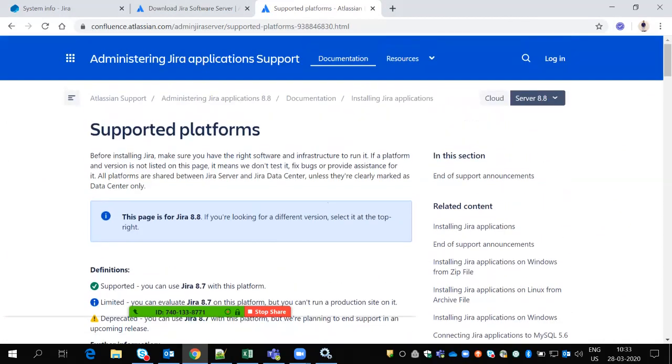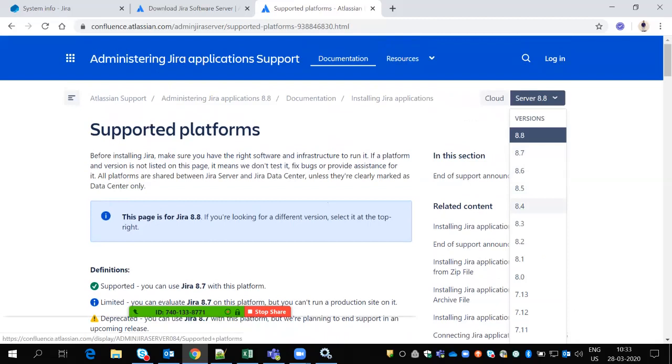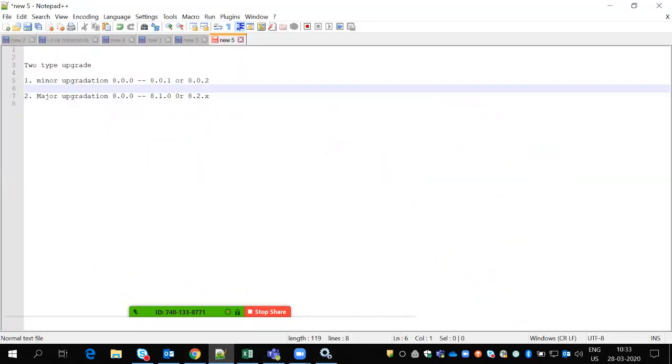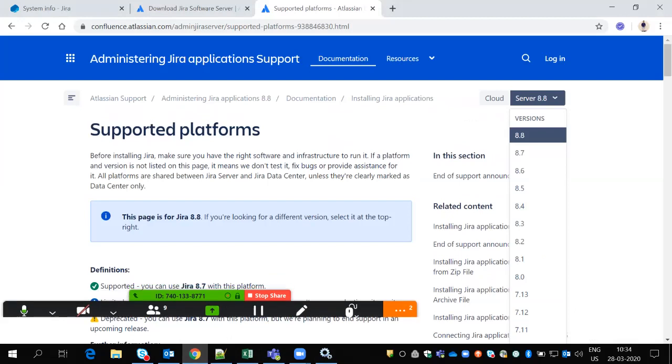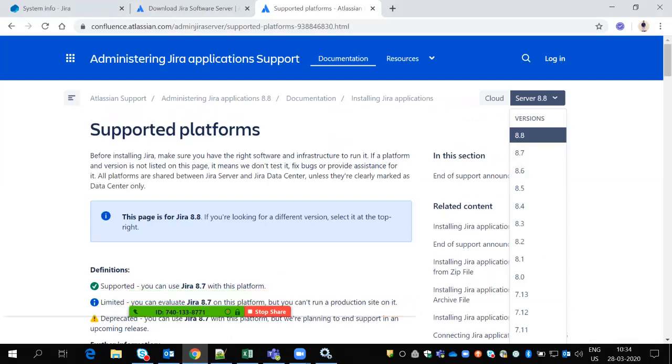If you are upgrading 8.0.0 to 8.0.1 or 8.0.2, we no need to check supported platforms, because all 8.0 versions have the same supported platforms, and all 8.1 versions have the same supported platforms. So when we migrate from 8.0.0 to 8.0.1, the supported platforms are the same.